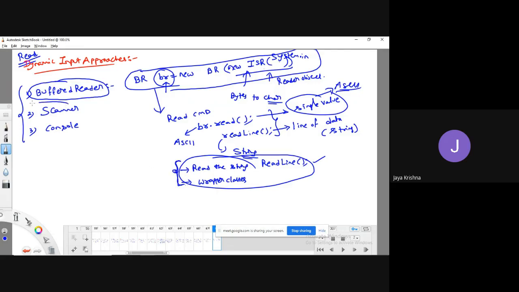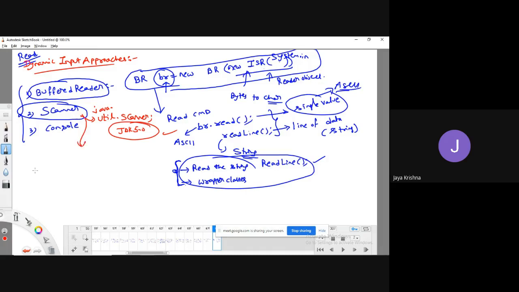So instead of that, why can't we go for the Scanner class? Because of this reason, they implemented the concept of Scanner class. This Scanner class is available in the java.util package. It is meant to read the data from the command prompt, and it is available from JDK 5.0 version. So what is it going to do? It is going to eliminate which concept?